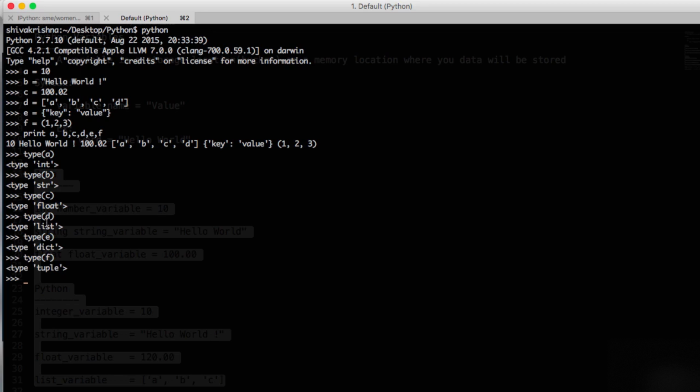The data type of D was a list. The data type of E was a dictionary. The data type of variable F was tuple. So in this way, you can declare variables and assign values of different data types to them, and Python does the rest of identifying the data type of that variable. You can also check what type of data a variable stores by using the Python built-in function called type. And one more important thing was